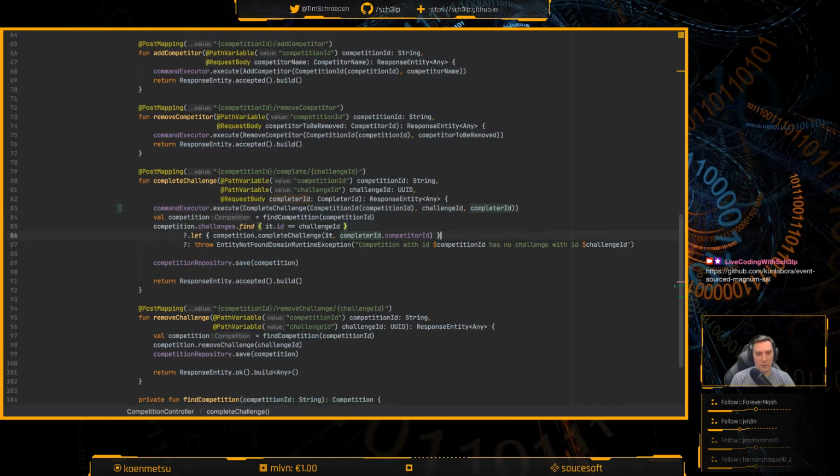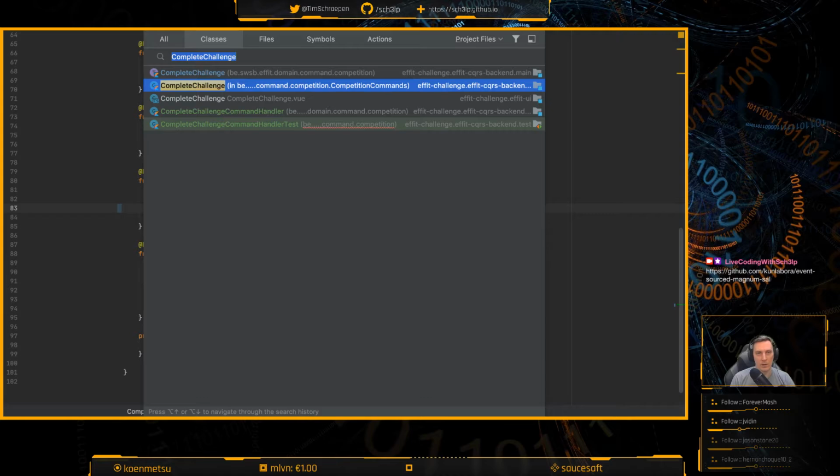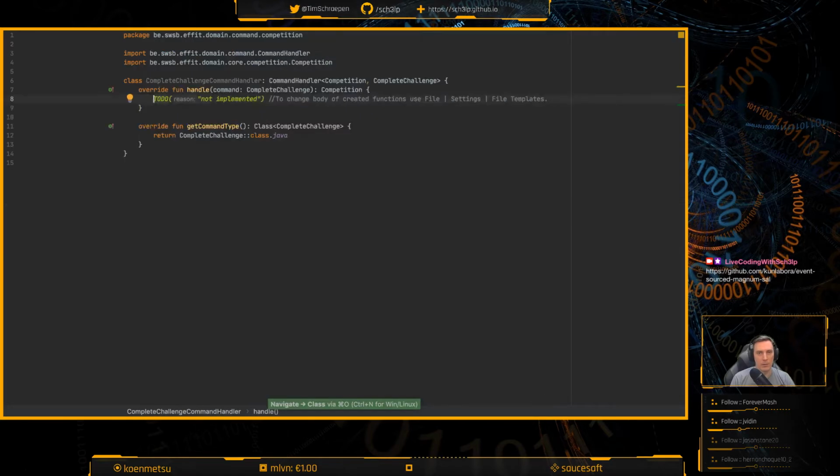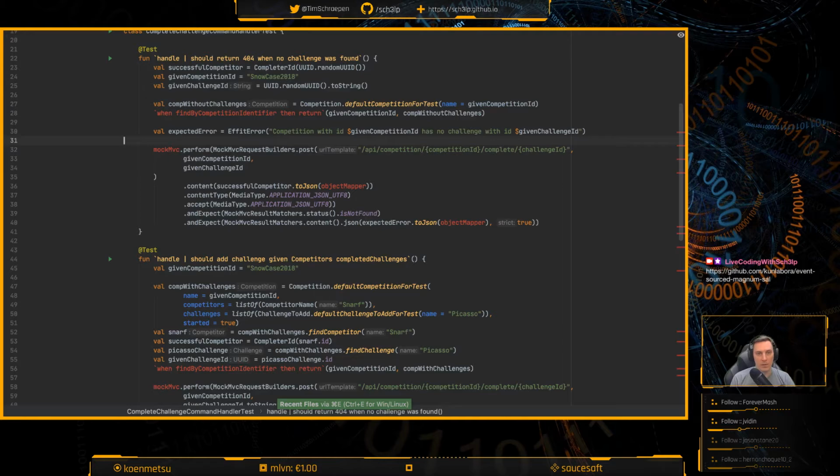Alrighty, and then what we used to do was we just return accepted, and that is just fine. That means we can temporarily move this to our command handler. So this handler, here we go. That's basically what we'll need there. So let's put that into comments so it actually compiles.